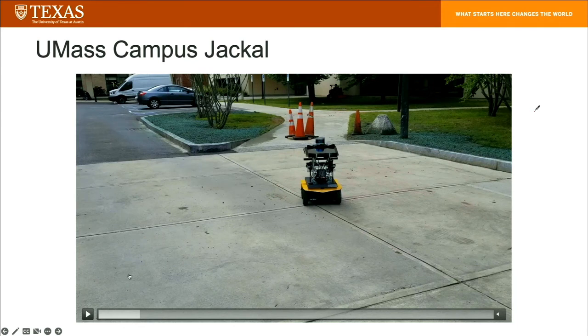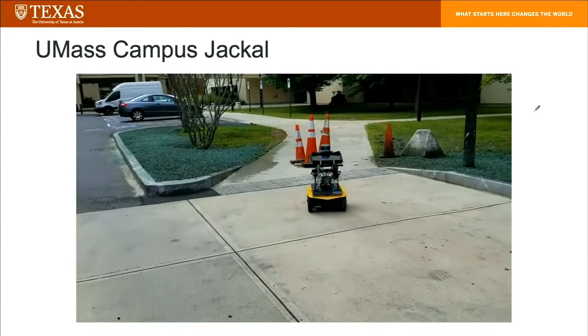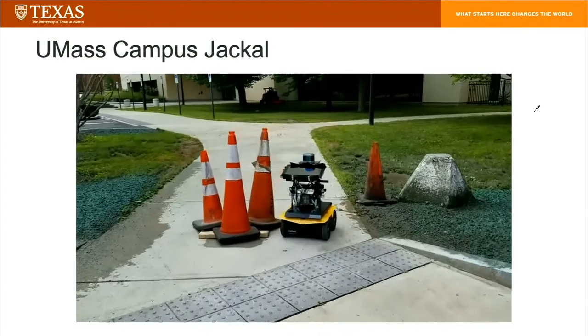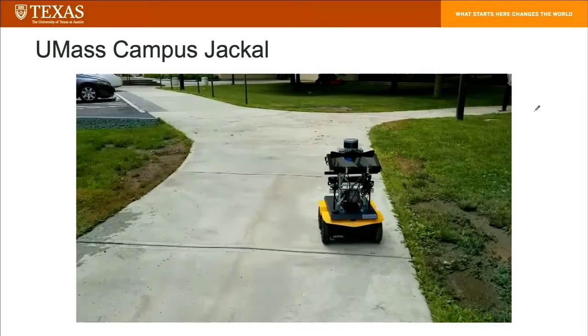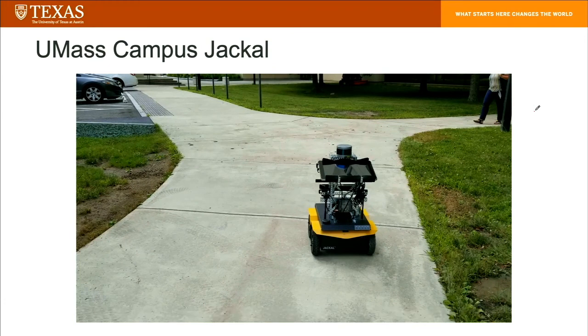What's actually going to happen? Let me just play this video. And this robot goes up to the cones. It doesn't hit them. It leaves centimeters of clearance to the left, centimeters of clearance to the right, and it just went on. Now, this video keeps me up at night. The reason it keeps me up at night is that most of the time we design our algorithms to take the most likely action, but we don't ever reason about what if I was wrong? What are the consequences of failure there? If you took into account the consequences of failure, maybe you shouldn't just take the most likely action here, but you should take a completely different one,